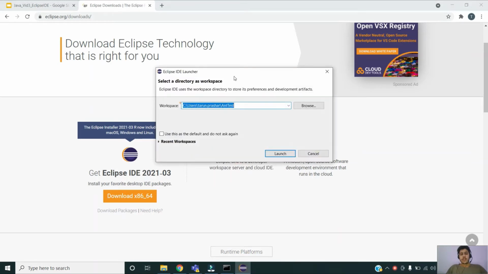Before we start working on our project, the first thing we have to specify is the workspace. The workspace is basically the location where Eclipse stores its system files. Let me give some workspace name, let's say Testing Gyan.